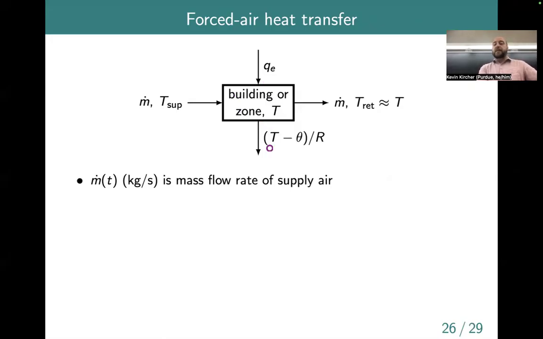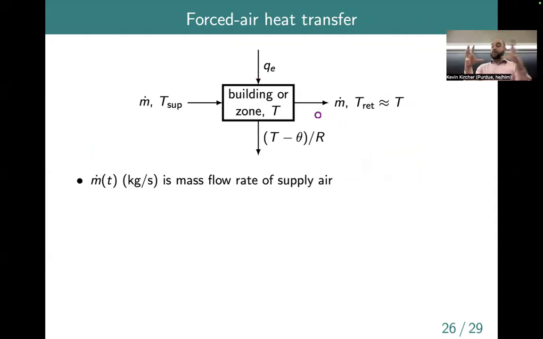We might be bleeding some heat to the surroundings through conduction through the walls. And then we would have the intentional heat transfer happening, where we would be putting in mass flow rate m dot at some supply temperature. And then the air would mix and we get back, typically in a balanced system,